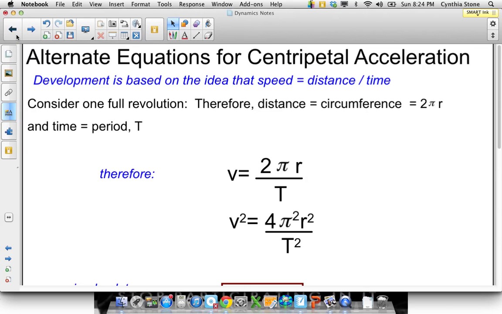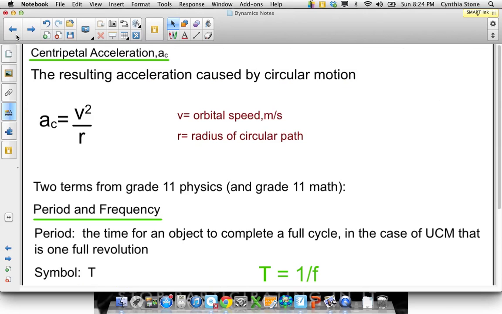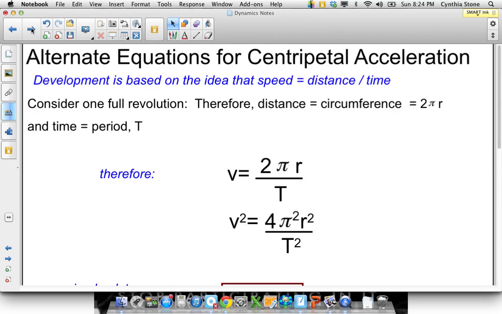I'm jumping back here, is that this. So given this to be true, I'm going to get another equation in terms of period and another one in terms of frequency. And the reason is, it's AC equals V squared over R, right? Well, V, like if you say the distance around a circle is 2 pi r, that's the circumference, and then